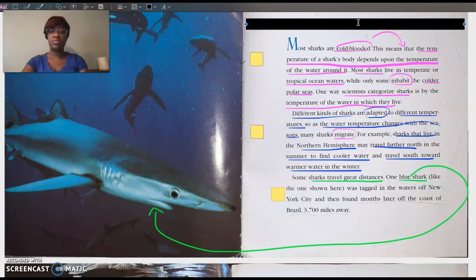Twenty seconds. All right, what's a good title for this section, you think? What are you thinking? I'm thinking, how about Cold-Blooded Travelers, right?